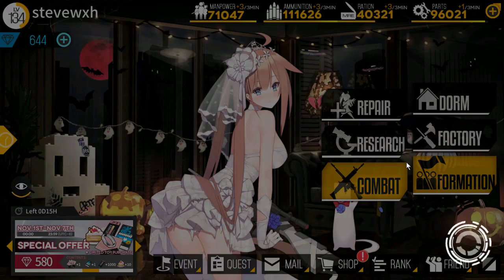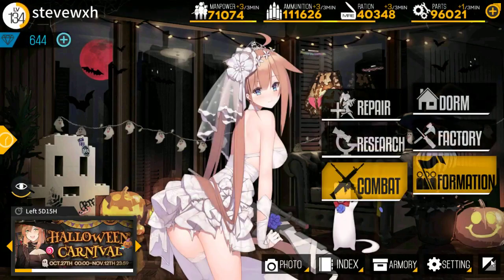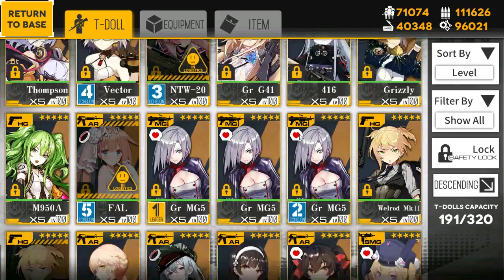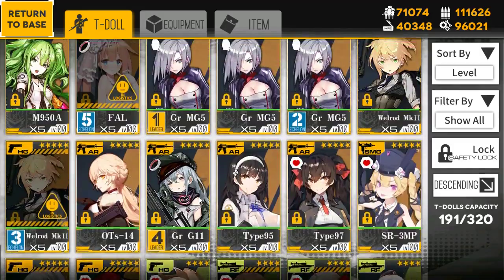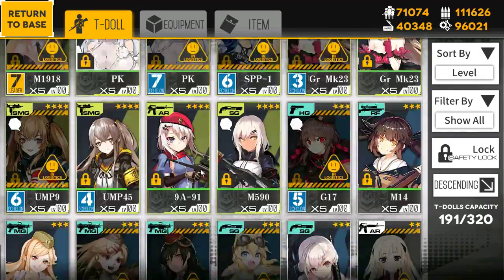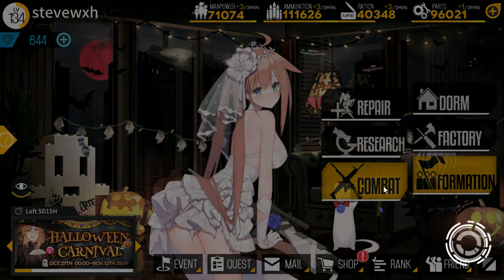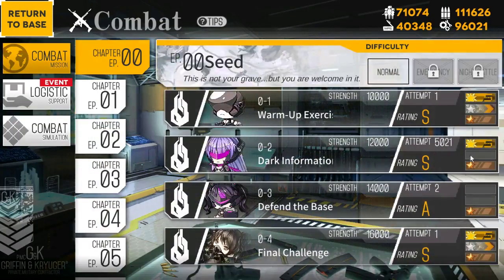As you can see, if you check my factory, I have a dummy core, currently 1672 cores, and I don't think I'm lacking any cores. And as you can see in my TDOs warehouse, pretty much everyone is level 100. I grind a lot in 02 before, so I was kind of waiting for chapter 5 night battle to come out. As you can see, in 02 I've already ground 5,000,